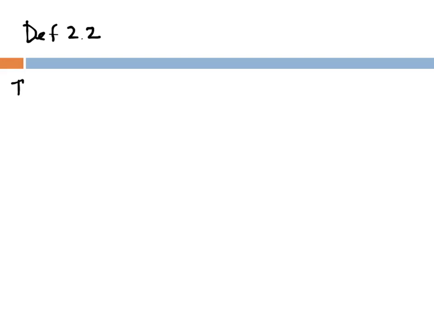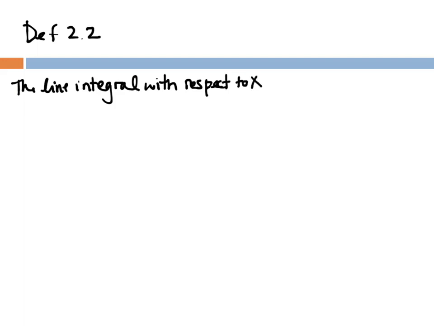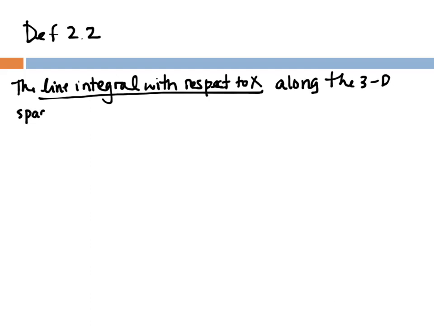So the line integral with respect to x, and we could do it with respect to y or with respect to z, and we'd have the same kind of description, along the 3D space is defined by